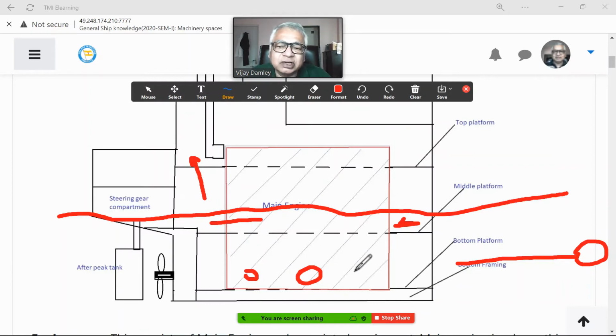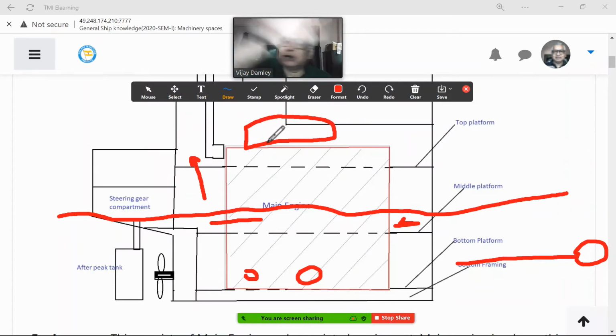All the water handling activities are on the bottom, fuel oil ones are in the middle platform, and the remaining ones on top, including the control room. So people are sitting here and they are looking at the top platform of the engine. Plus, they have got all sorts of gauges there to tell them what is happening in the engine room. This is the basic setup of the engine room.